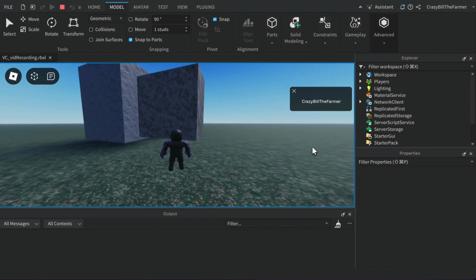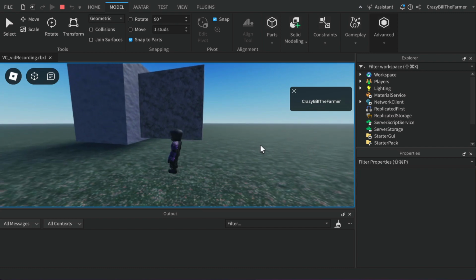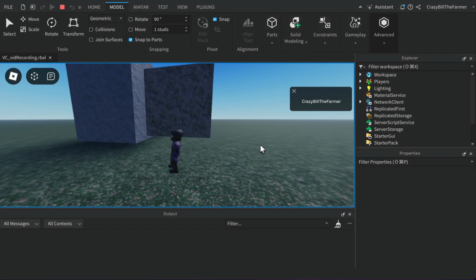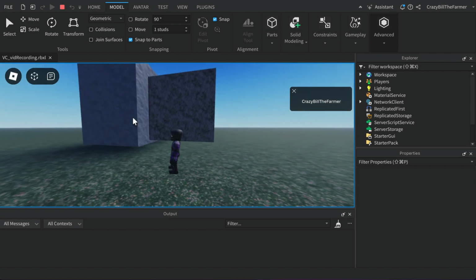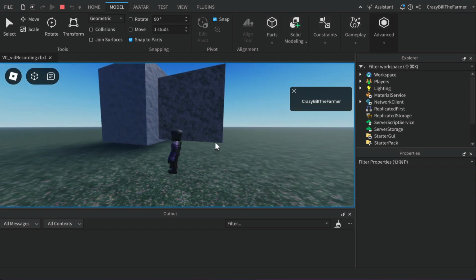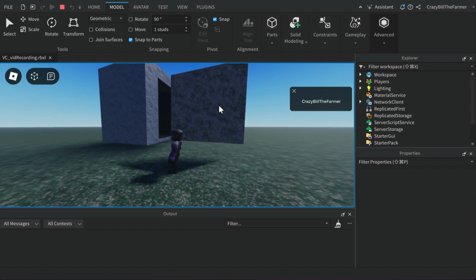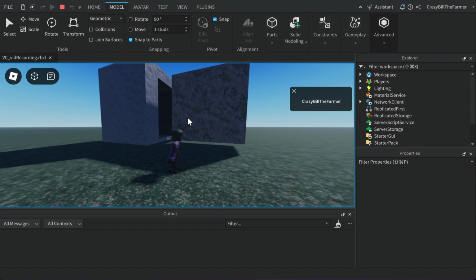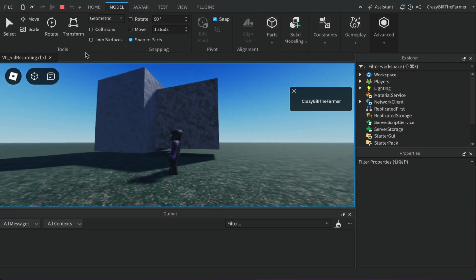Now if yours is doing weird things like mine is, which I'm pretty sure it will be, you'll notice that our block is not really moving properly into the wall. The reason for that is that this solid sliding part, which has can collide on, is colliding with the wall, even though it fits in there perfectly. So the way to get around that is that we're going to make use of collision groups. So if you stop the game running,